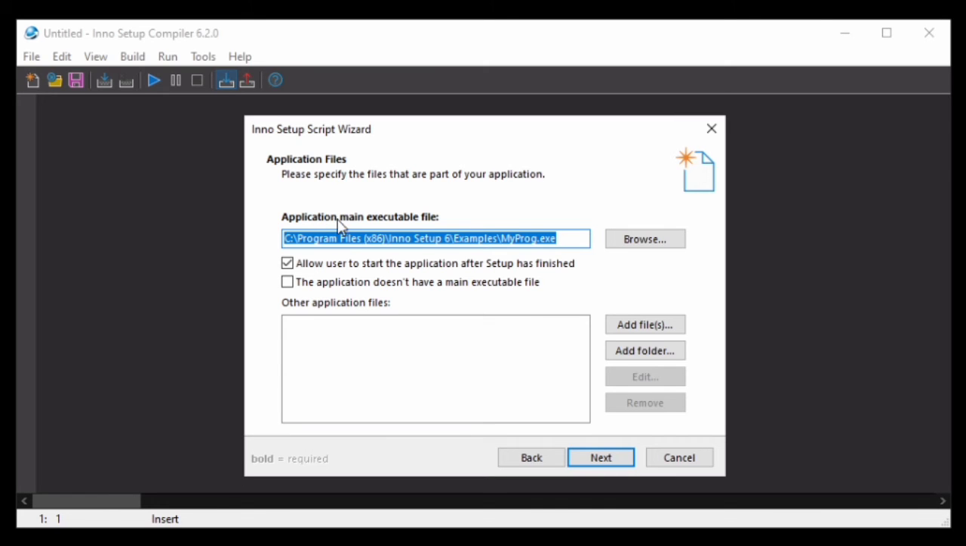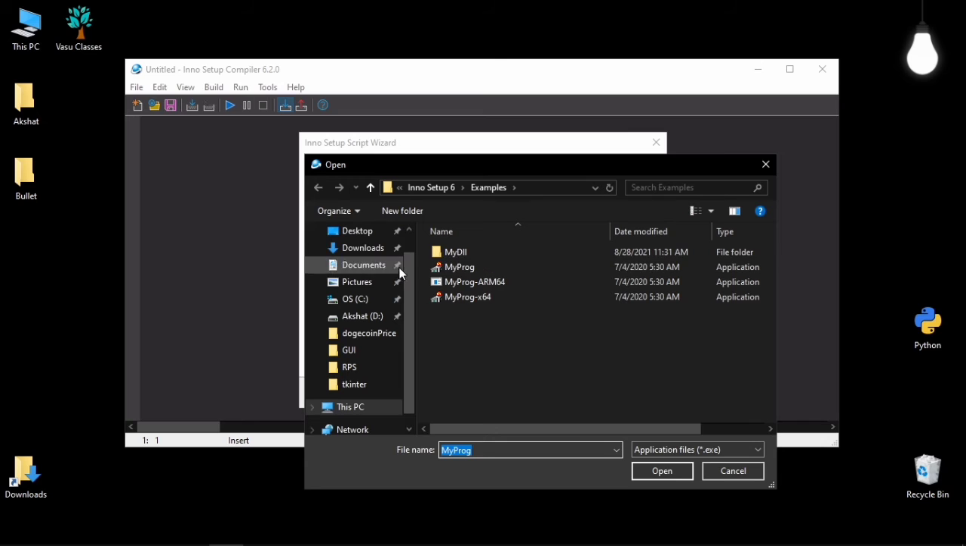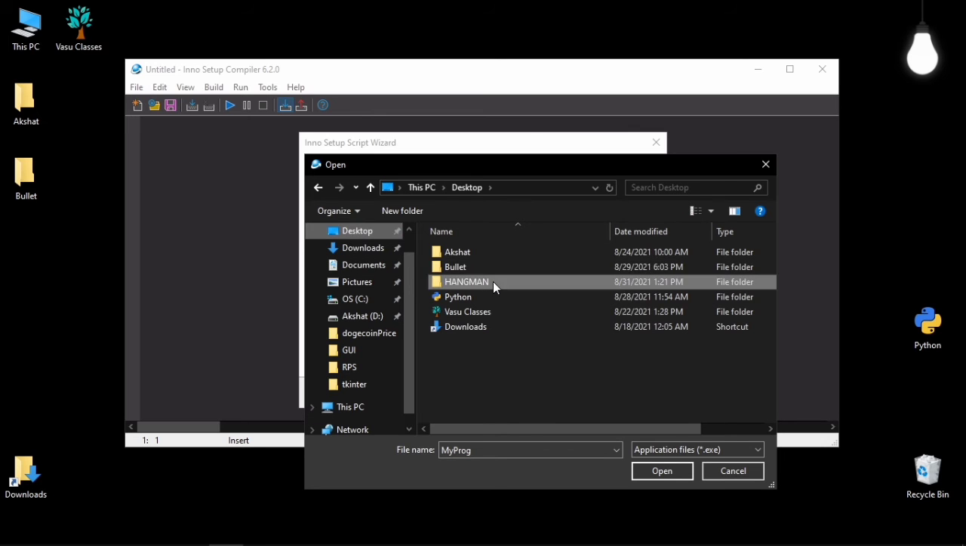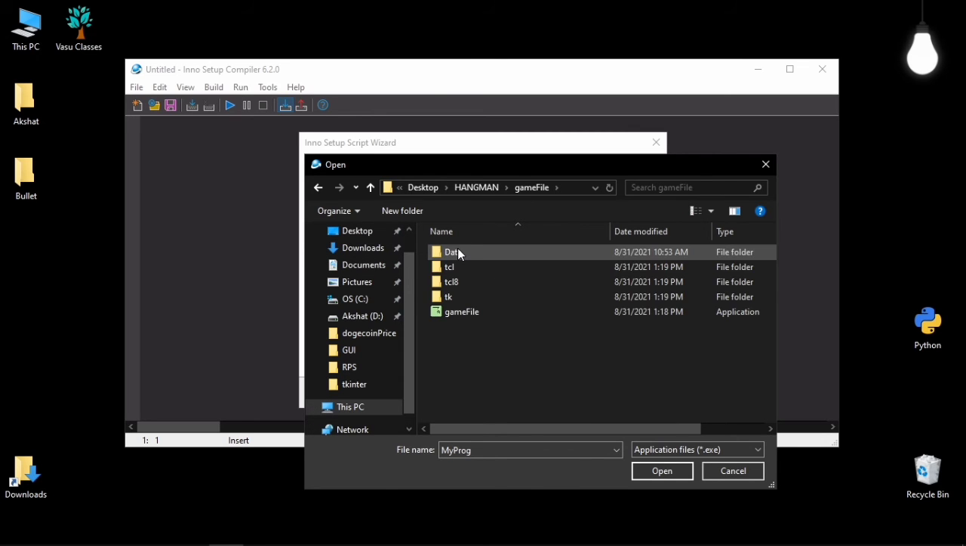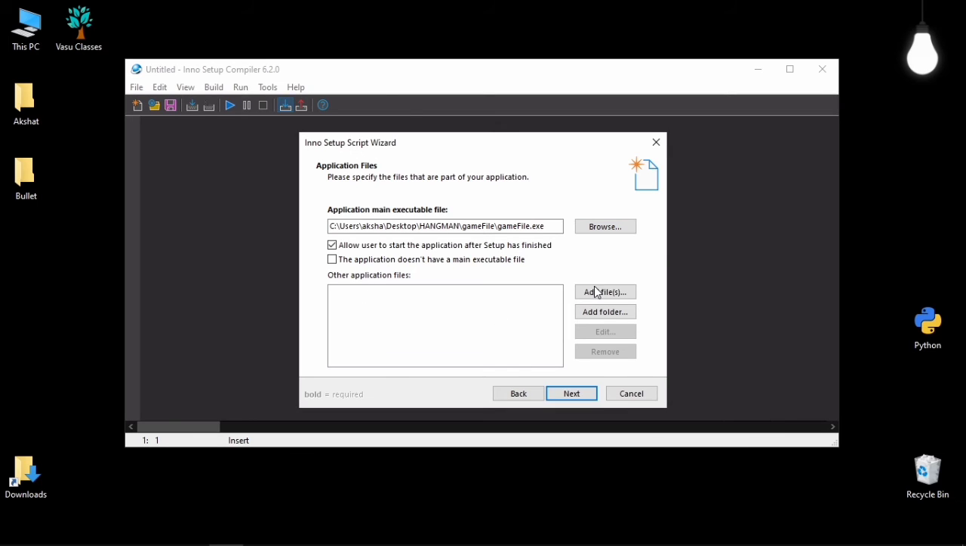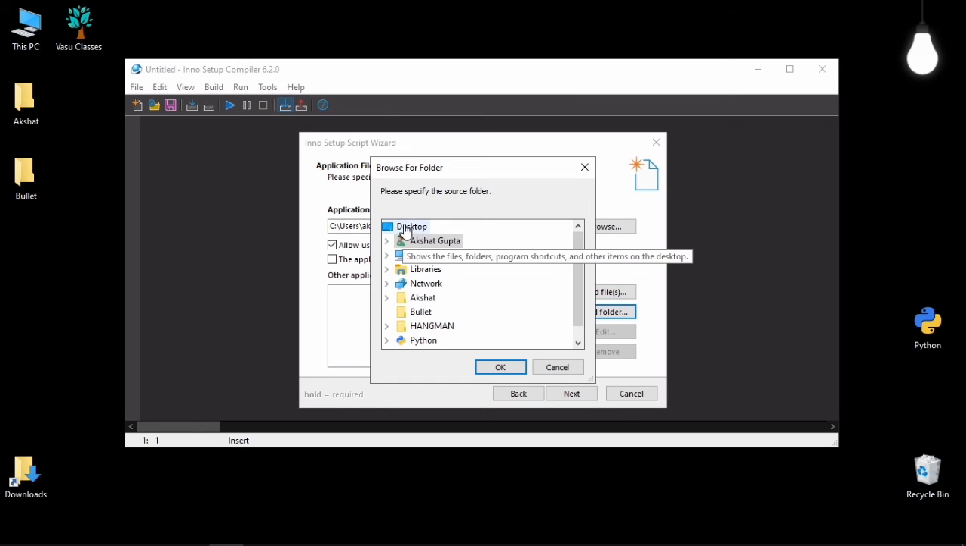And then application main executable file. Now we want to select the exe file which was made by PyInstaller. It's on desktop, inside Hangman, inside game file. There we go. This is the game file application. This is gamefile.exe. Open, and then the resource folder, add folder. It's on desktop and Hangman game file. I want to add this